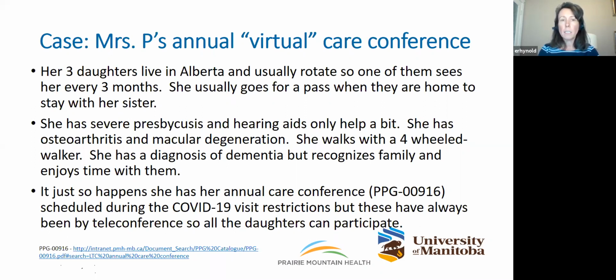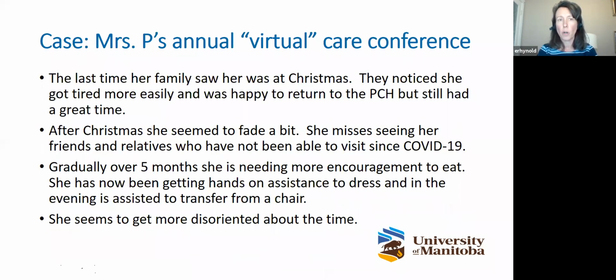And as I mentioned, the fact that the daughters can't be there in person isn't as relevant for her. The last time her family saw her was at Christmas, and at that time the daughters talked amongst themselves and noticed that she's tiring more easily. She was happy to return to the personal care home, but she still had a great time with all the Christmas festivities. After Christmas, the staff at the personal care home just seemed to notice that she faded a bit,